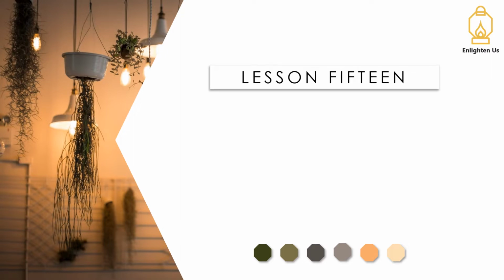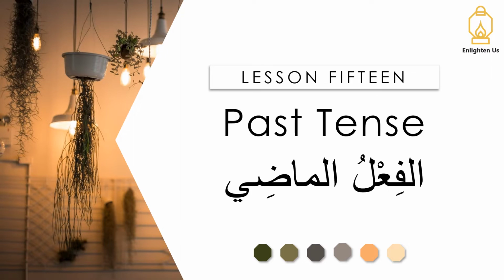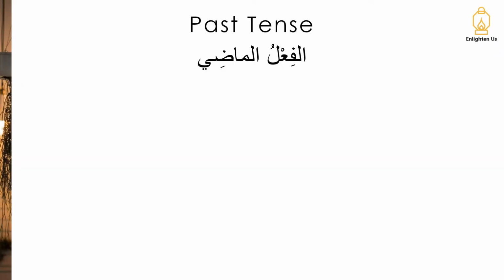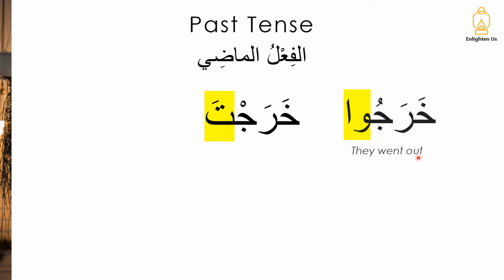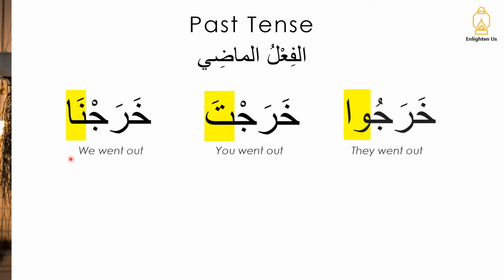Today you're joining us for lesson 15 where we are looking at the past tense الفعل الماضي. Right, let's take a look at a group of words. So let's start with خرجوا, they went out. خرجت, you went out. خرجنا, we went out. What you'll notice here is the kha, the ra, and the jim, and this is consistent